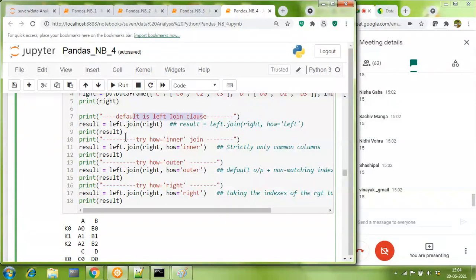So when I do a simple join, I'm giving a left data frame whose name is left. I'm giving a right data frame whose name is right. When I do a simple join, the default join is the left join clause. So the result is equal to so and so.